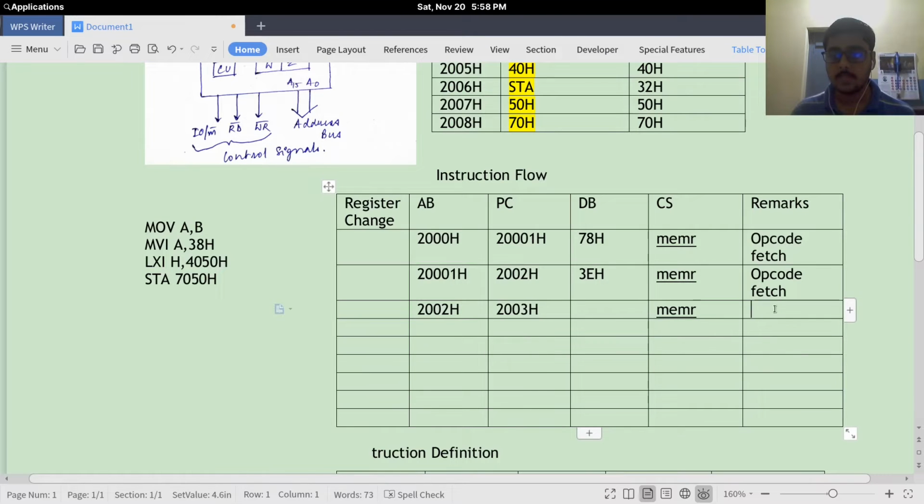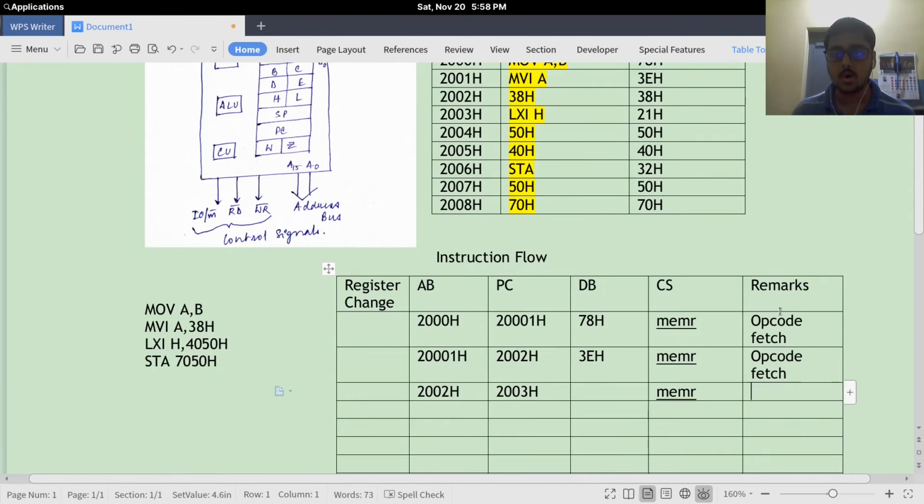And here we don't fetch any opcode, here we do a data fetch. This data fetch is a memory read, and the special kind of memory read where we fetch the opcode of an instruction is called the opcode fetch.